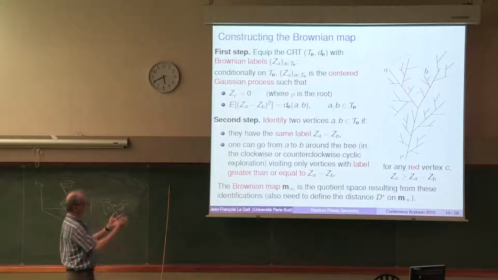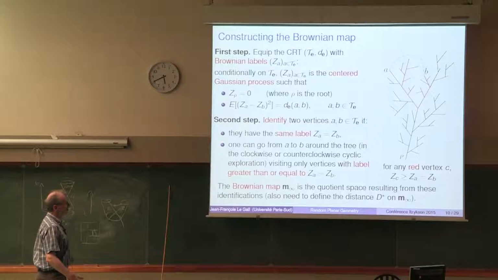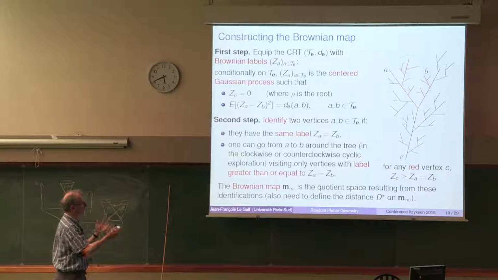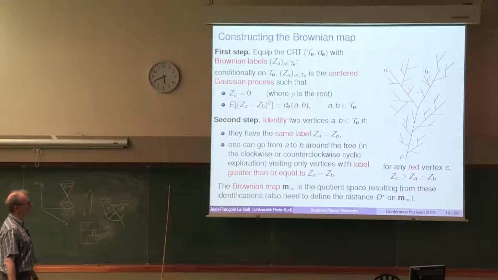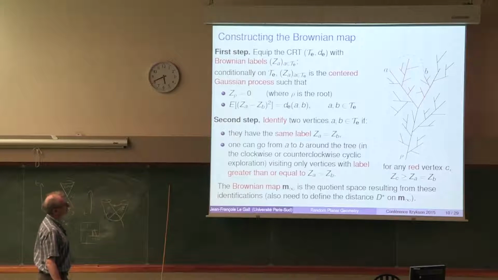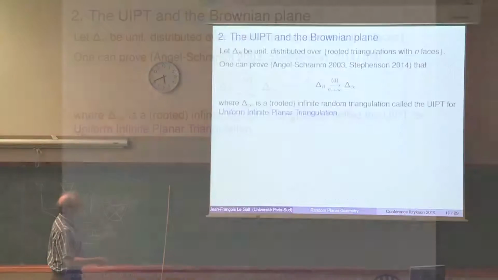And the reason why you can construct the Brownian map from trees goes back to bijections between planar maps and trees, and due in particular to Gilles Schaeffer, but there are also more general versions of these bijections due to Jérémie Bouttier, Philippe Di Francesco, and Emmanuel Guitter. Okay, so